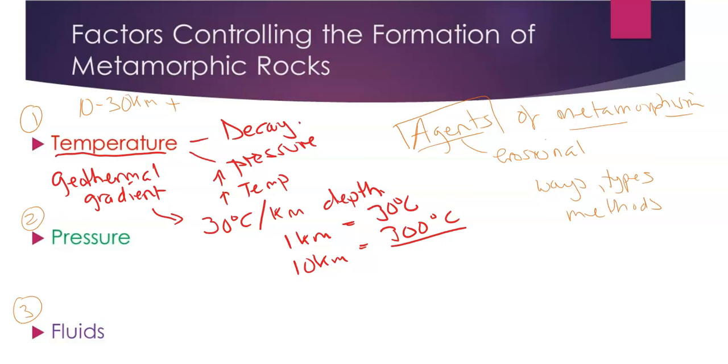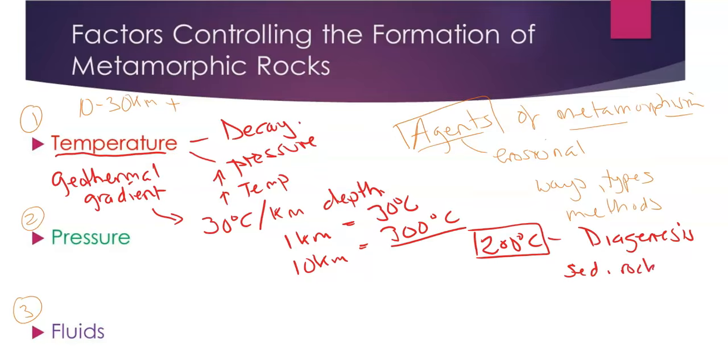Now, for metamorphic rocks to start to metamorphose or change, you need a temperature above 200 degrees Celsius. Anything below that is called diagenesis, which is in relation to the sedimentary rock process with compaction, sedimentation, lithification. All right, so this is part of a cycle of diagenesis up to metamorphism,